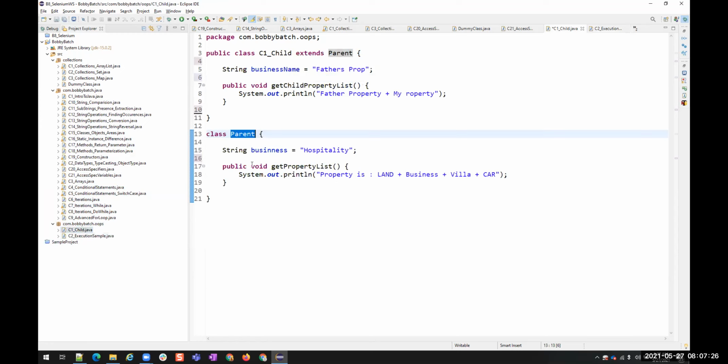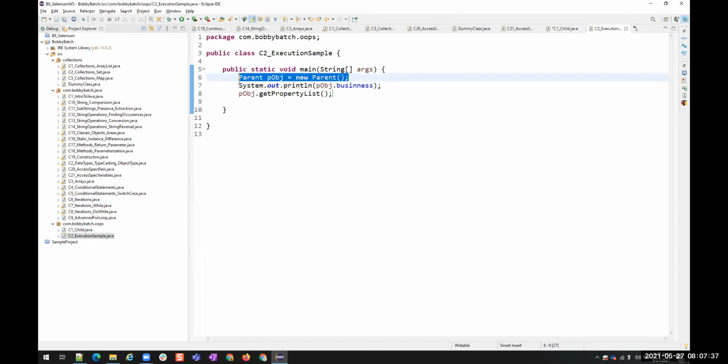So inside this child, we have a parent class. Right here, it will be a constructor. If you don't have any constructor here also, no problem. We can still create an object like this. This is not a keyword, this is a class name. This is a keyword, and this is a constructor method.